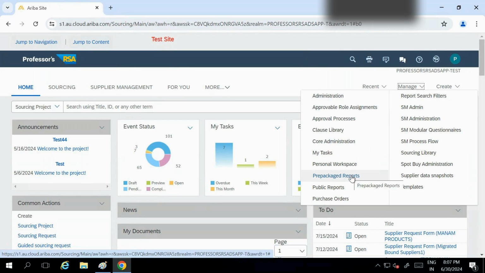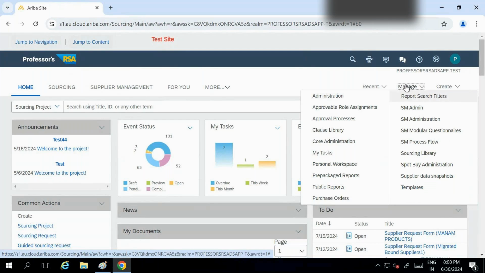Someone will ask you in an interview, if you are going to face an interview in recent time, what are the different administration areas. So there are the pre-packaged reports and public reports. We will discuss later which reports we are going to build, how we can customize our template, and how we will put in these public reports. And lastly, an important factor, that is our templates.